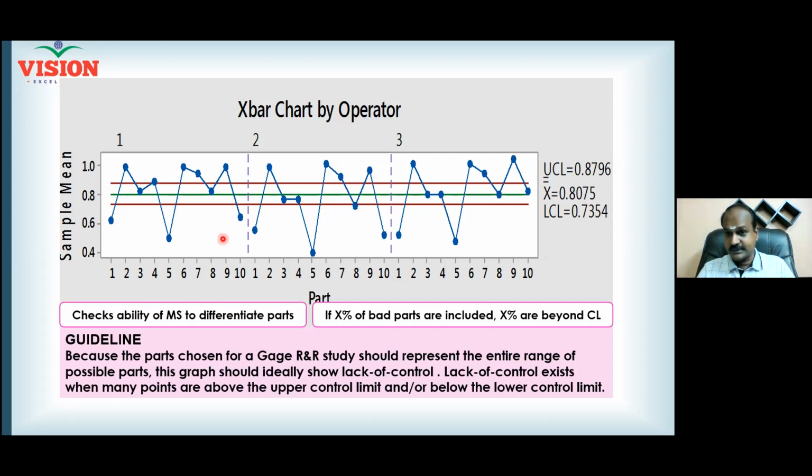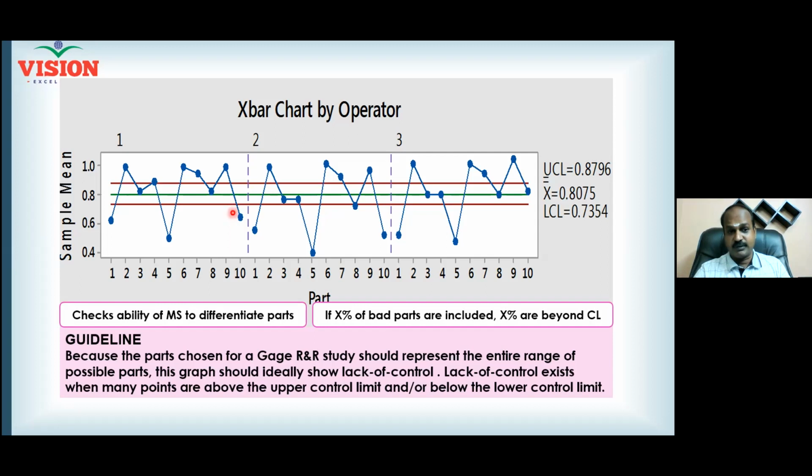All of you are with me on this? Yes. 100 parts you included, 40 parts are bad. And you are conducting the study. You are making your people measure, and finally results are out. And you already know 40% of the parts you were given are bad, and your team should also classify those 40% as bad only. And that should happen.